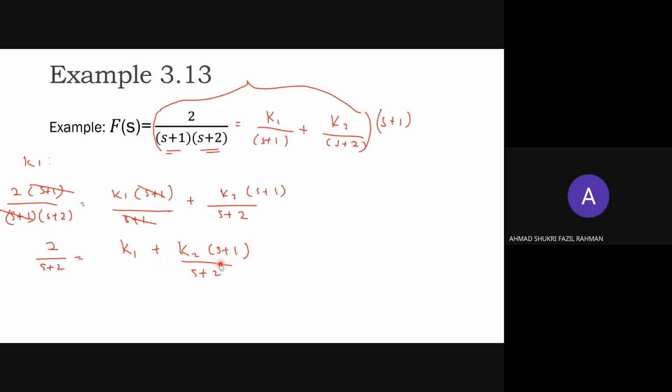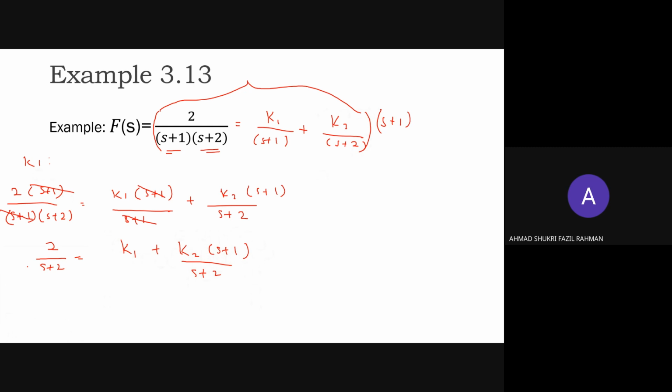How to achieve this? We can refer to this part, this term. S plus 1, in order to set the K2 term here equal to 0, we must make the term here equal to 0. Okay, so you can see from here, if we refer to the bottom side, if we set that to 0, this part will become infinite. So the best thing here is we refer to this part, S plus 1.